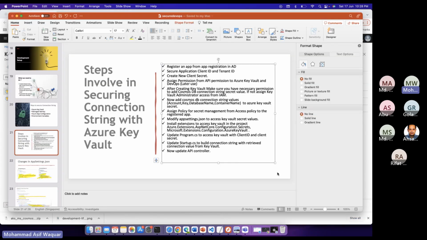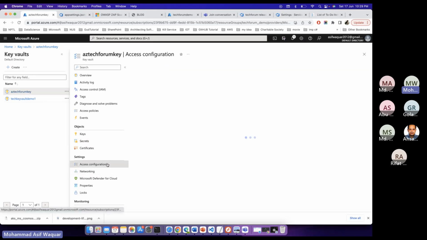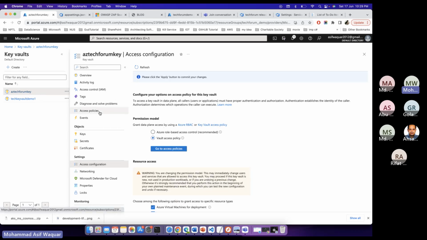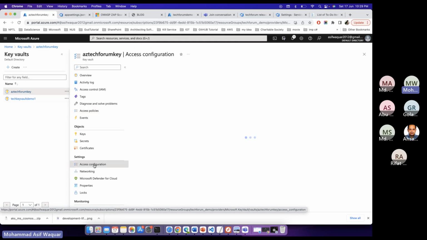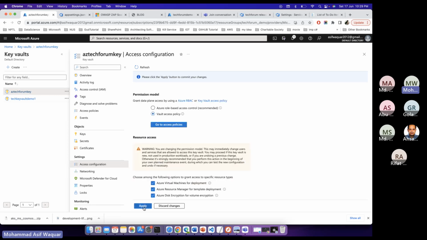Then suppose you don't want to go for RBAC, you want to go for only access policy. So you can choose access configuration, and you can change from Azure role-based access control to vault access policy. And after choosing the vault access policy in the access policies, because currently it is not showing, let me choose and show you how exactly it happens. So once you apply,